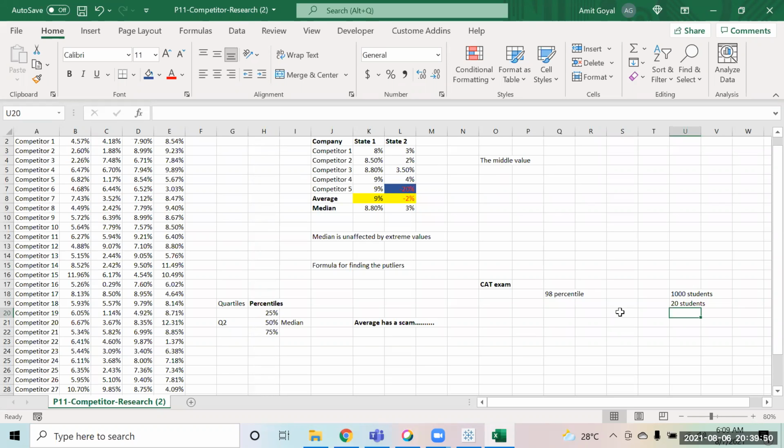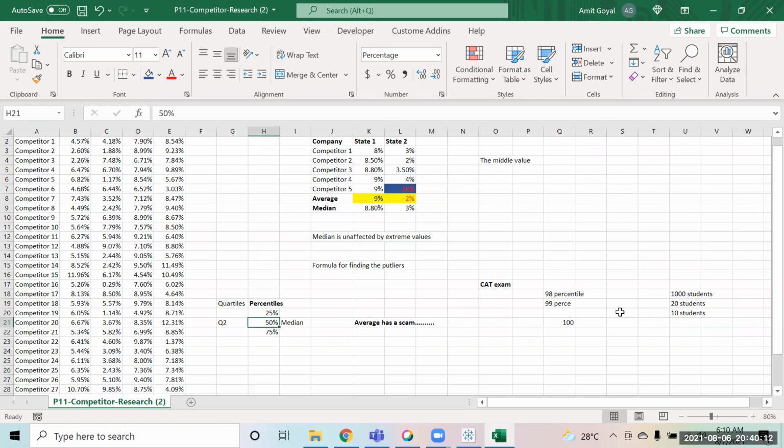This is what 98 percentile means. If a person says he got 99 percentile, that means 1% of the people, only 10 students, are better than him. And if a person says he has got 100 percentile, that means he is among the top ones, that there is no person who has a score of more than that,